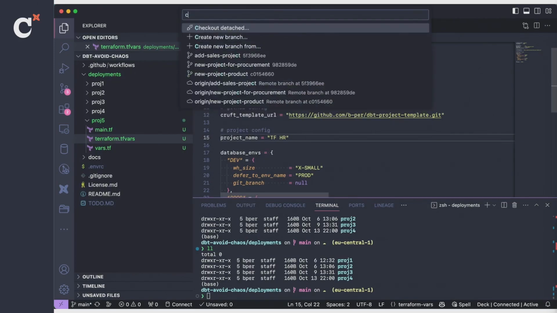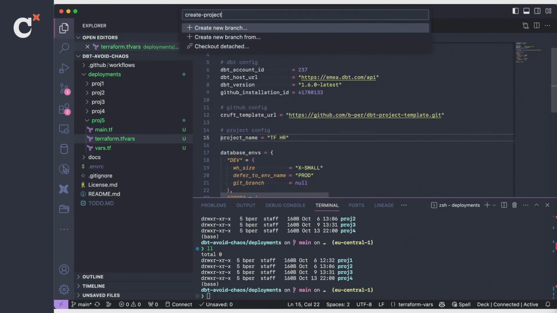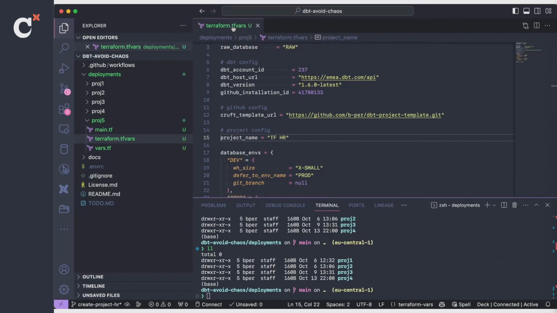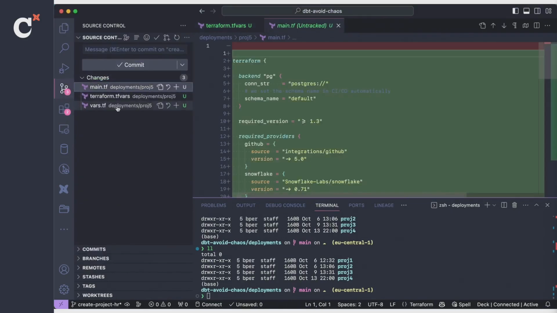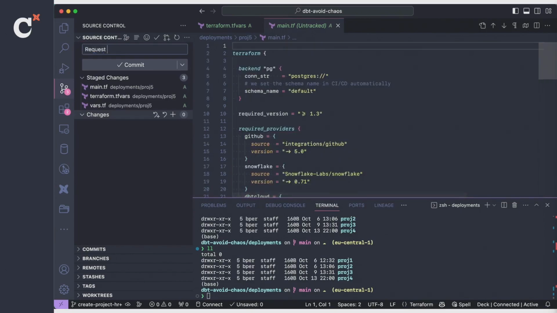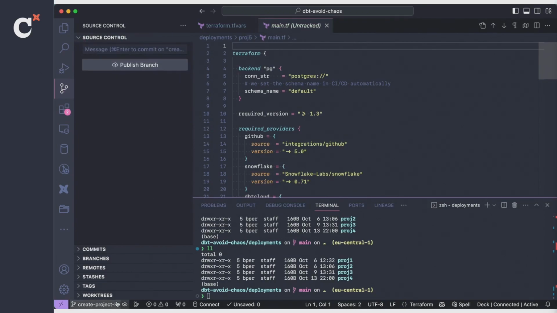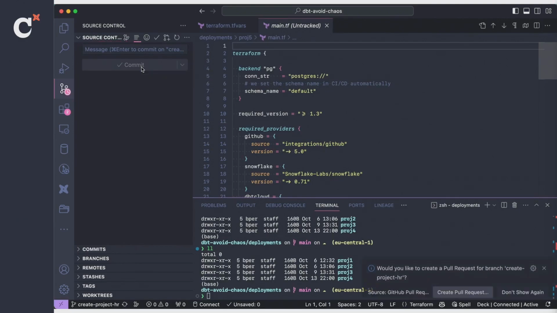This is a basic Git workflow here. We create a PR. So first, sorry, we need to push our branch to Git. And that's the only thing required to create a new project. So it can be self-served by the HR team. It can be done by the project team, the platform team. That's completely up to the company. So I'm just going to publish the branch now